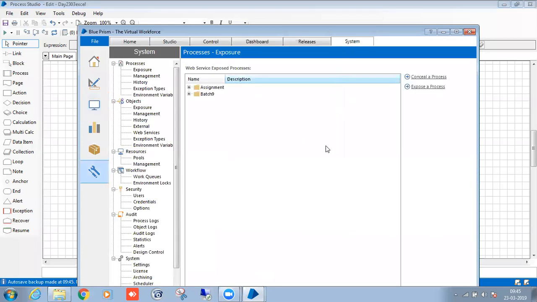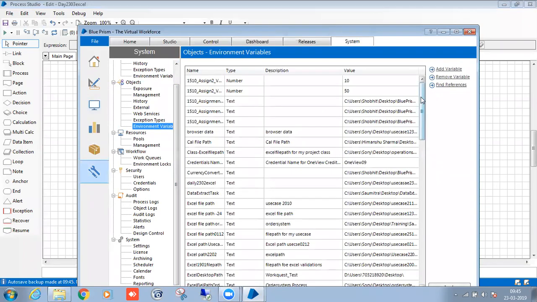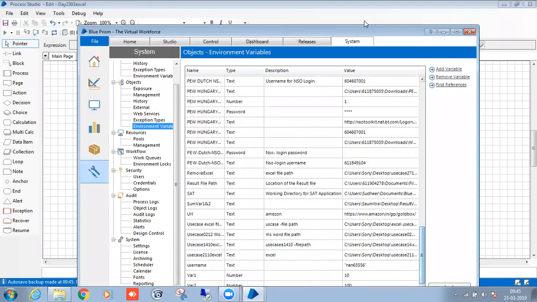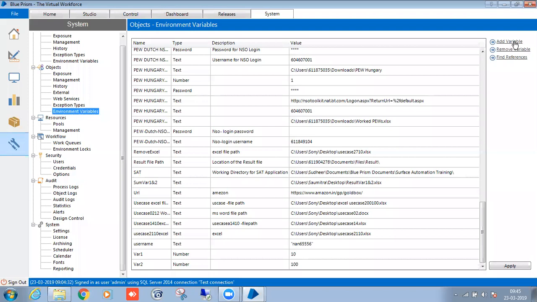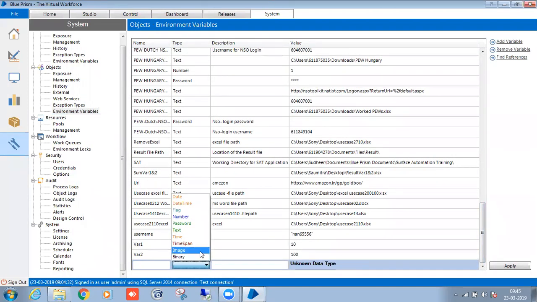Go to the system tab, then to the environment variables. These are the environment variables I have created. Click on add variable. Path is a text type, so text type, name of the file, Excel file 2303.